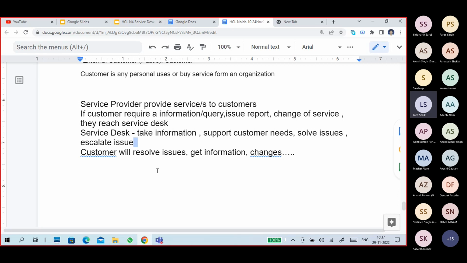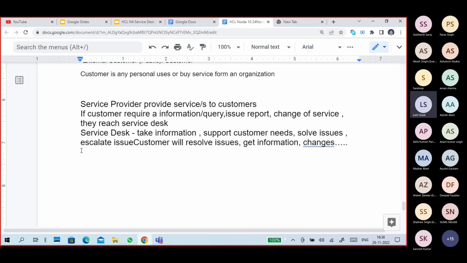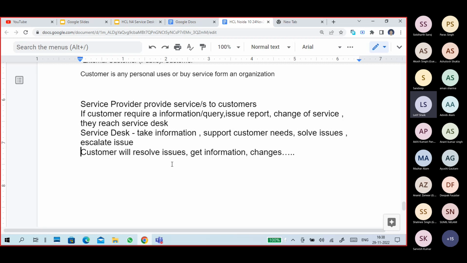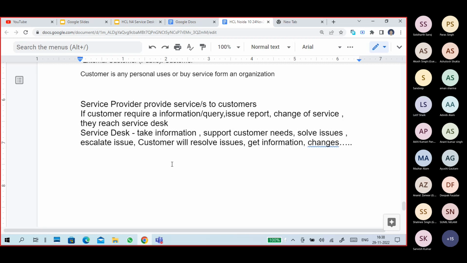Once the issue is resolved, the customer will get the issues resolved, get information, changes.